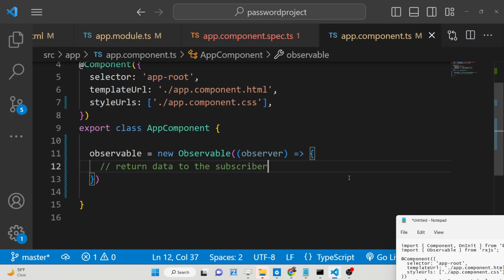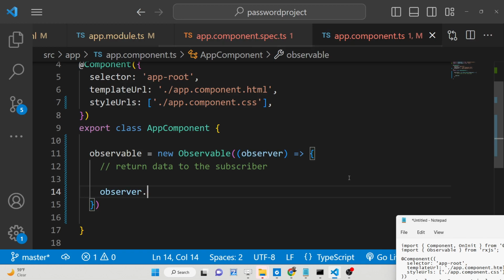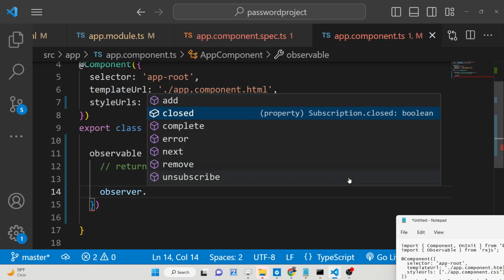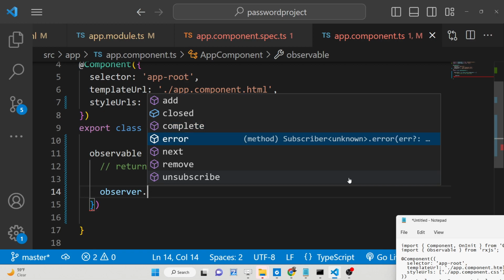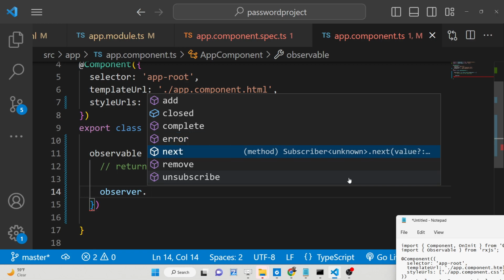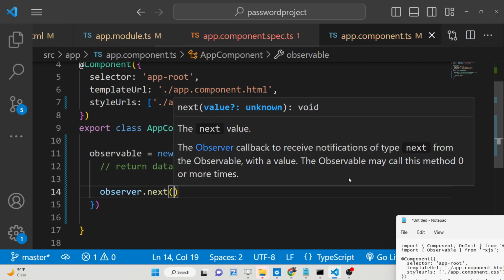So whichever user is subscribed to this observable will get the data. Now how can we return the data? We will use the next method. Here we can simply call observer, and it contains a lot of methods: you see we can have add, closed, complete, error. We will also look at how to tackle errors, and a lot of events as well inside this observable. So here we will use this next method, guys, and here you can write any string value,